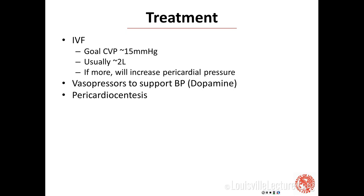No. So there's actually a pericardiocentesis kit, so it has a needle there. You want to go subxiphoid and you aim for the left shoulder. So you go right subxiphoid, you push the needle down to try and get underneath the xiphoid, and then you aim at about a 45-degree angle up and towards the left shoulder. And you want to be pulling back as you go in, and the goal is that you hopefully get some